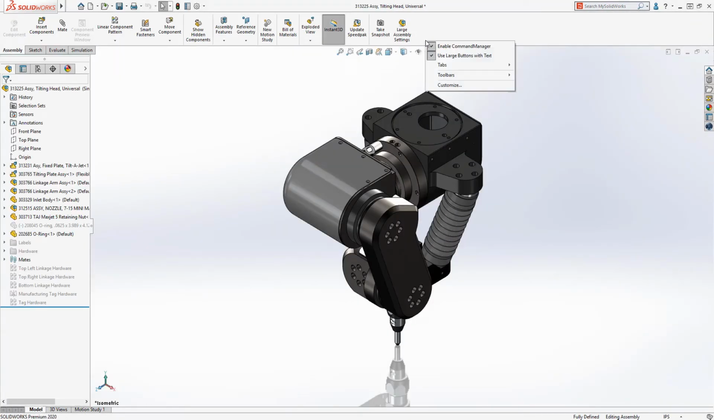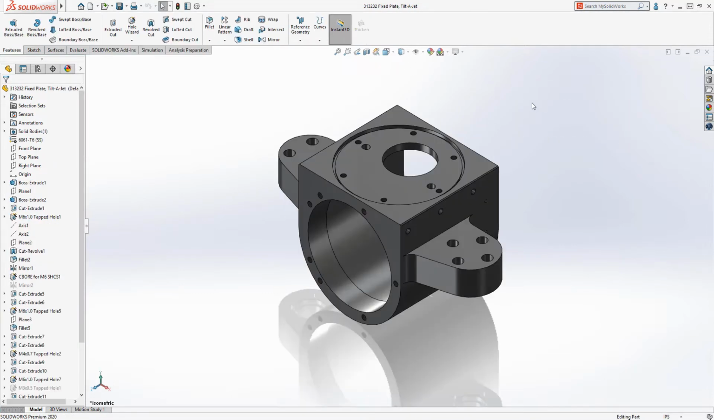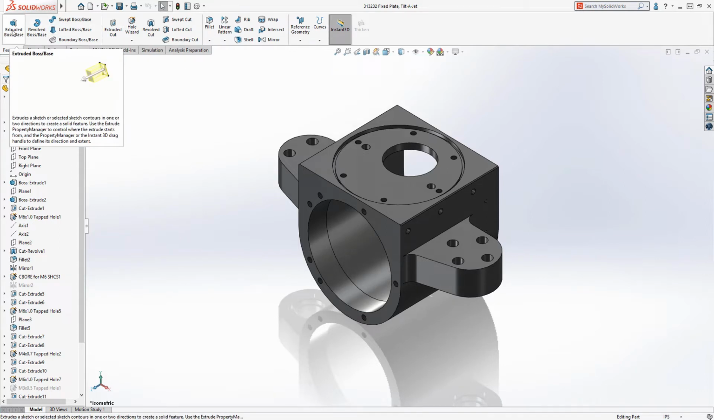Users love to customise their own user interface. In 2020, Command Manager tabs and toolbar customizations are better organised in flyouts. For new or casual users, Tooltips have been enhanced to include greater detail, images and animations for better understanding of